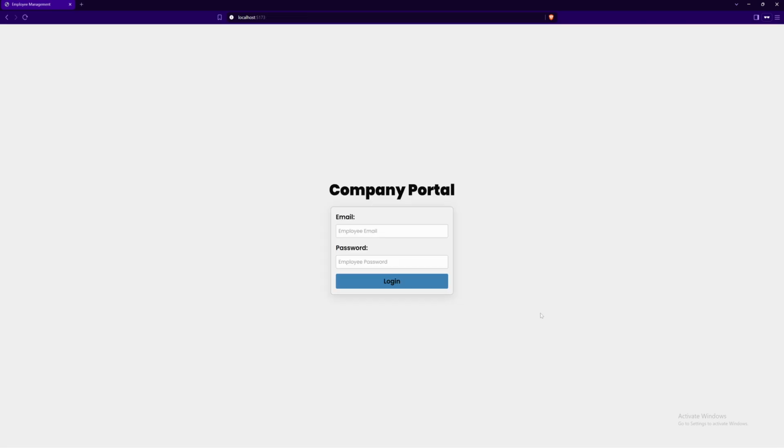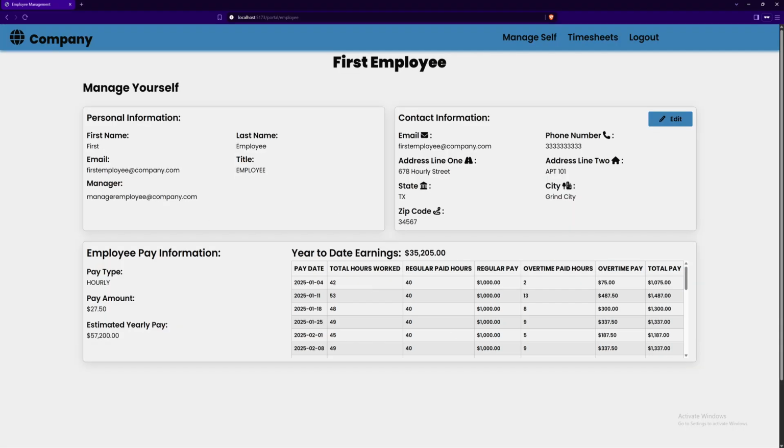And then I'm going to hop into Postman in the background and create some timesheets and some pay stubs for employee 1 and make sure that's looking good as well. I have now generated a bunch of pay stubs for employee 1, or first employee. So let's log into firstemployee@company.com and put in PASS for their password and log in. So now we can see their year-to-date earnings is about 35,205 and we